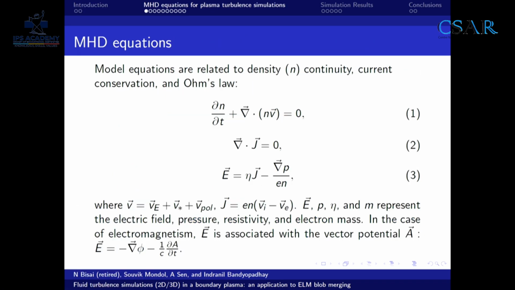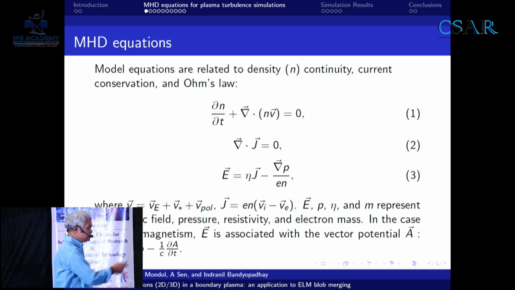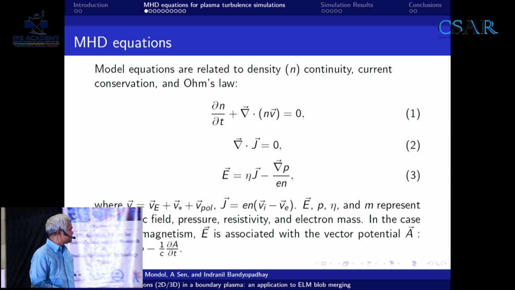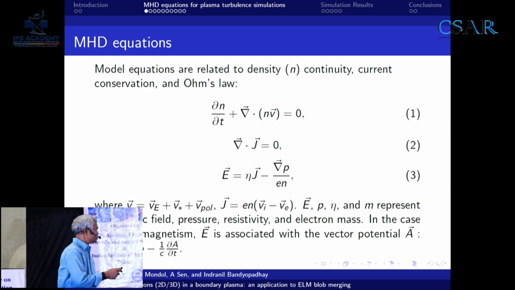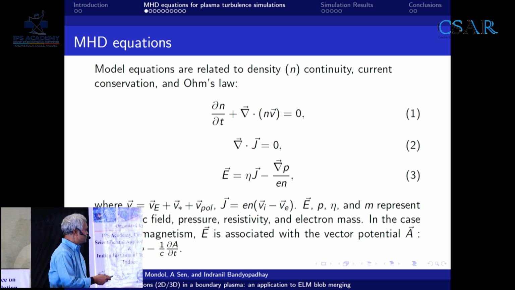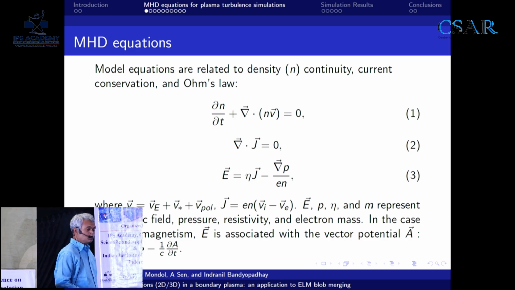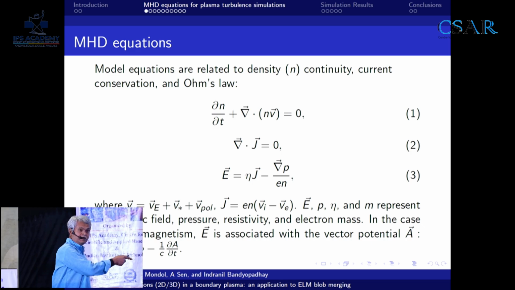Now I am coming to the MHD sort of equations. The first equation is very clear, density continuity. And the second equation is the current conservation equation. Sometimes it is called quasi-neutrality, because electron and ion densities are the same, charge densities are the same. And the third one is the generalized Ohm's law. Again, it is a very simplified form,